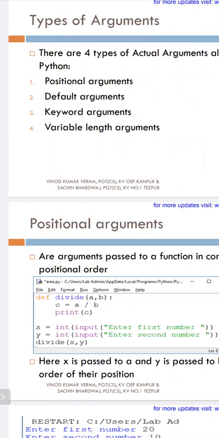Either variable or value we can pass. The value position or variable position should not be changed in the main, that is the call statement, as well as the function header. You cannot change it. That is positional argument. Could you understand positional argument, or shall we go with one program? Can you recall what we taught in the last class?